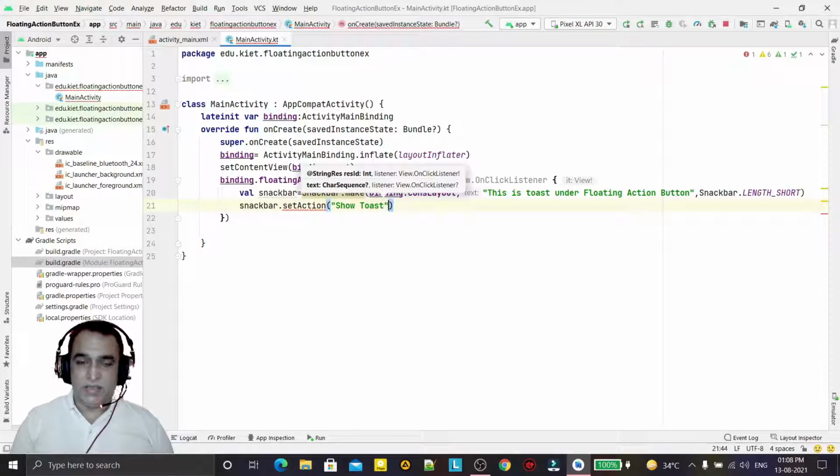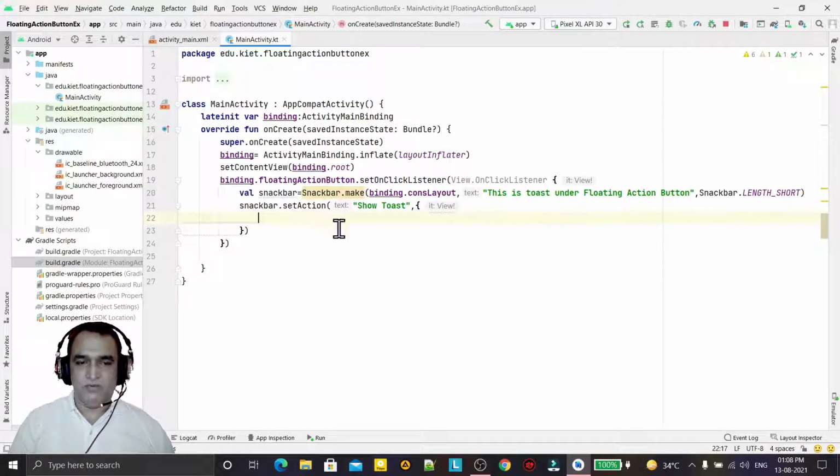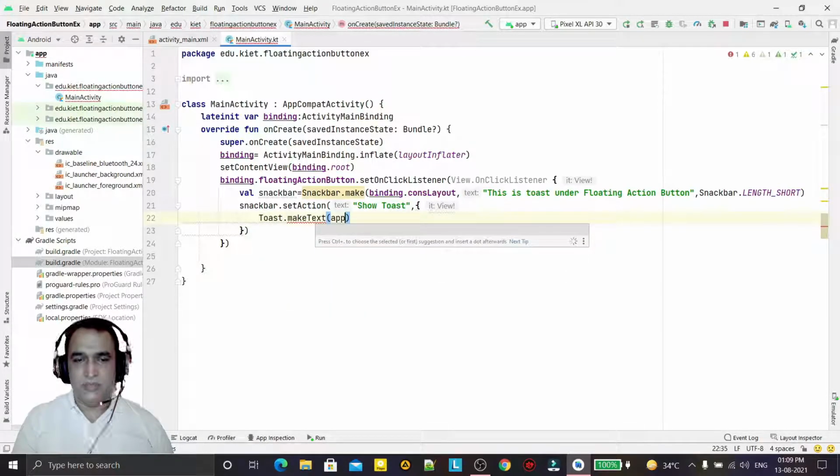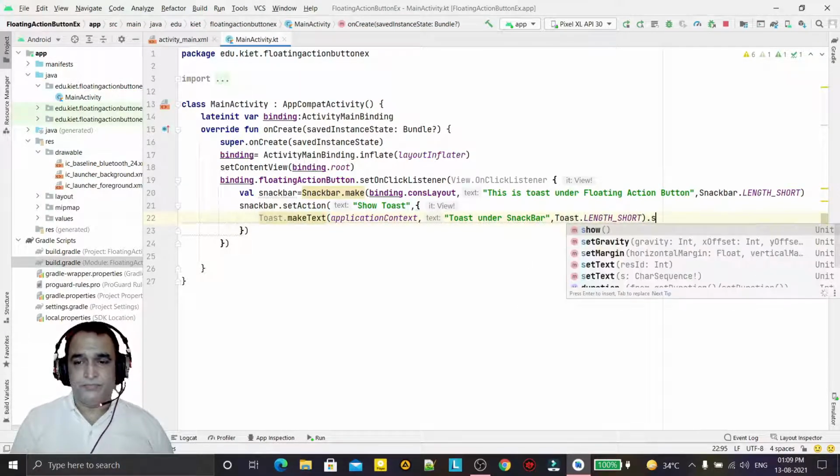Under this I will display the toast, or we can open some activity, or perform some task, whatever we want. Here I want to add the action that a message should be displayed. So application context, toast under the snack bar, then the duration of the toast, and then show.